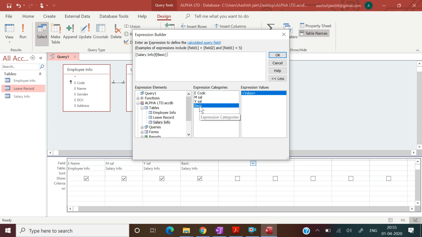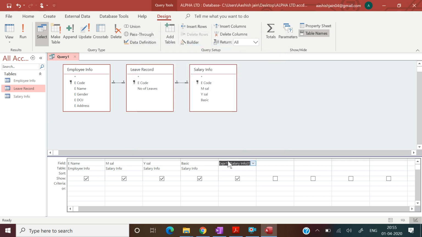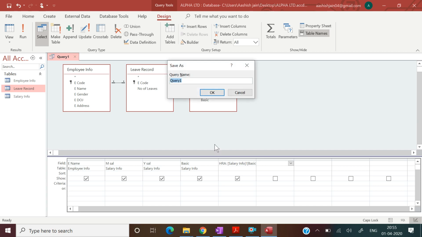Now put a star for multiplication, then 0.30. Click on OK, and then edit this expression 1. Give a name HRA. Okay, then Control plus S to save this query 1.